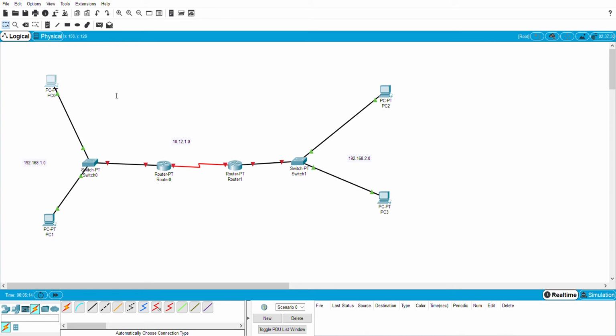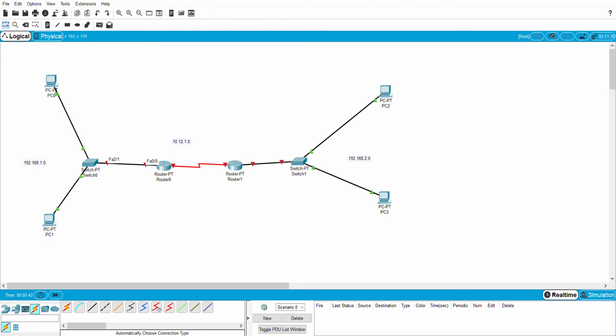So for switch 1, we need to assign the IP address. For PC1, assign the IP address 192.168.1.2. Why 2? Because here you can see this router is there. So we are going to assign this as the default gateway, and we are going to assign .1.1 as the address to it.